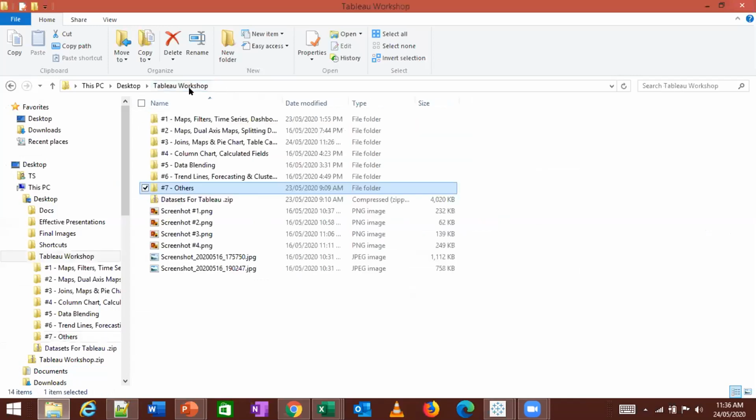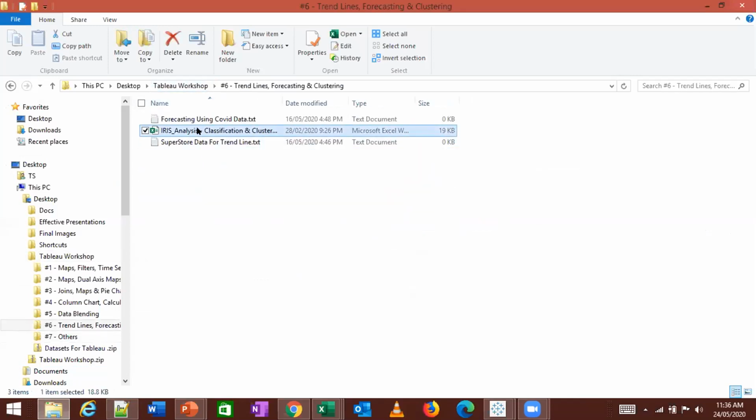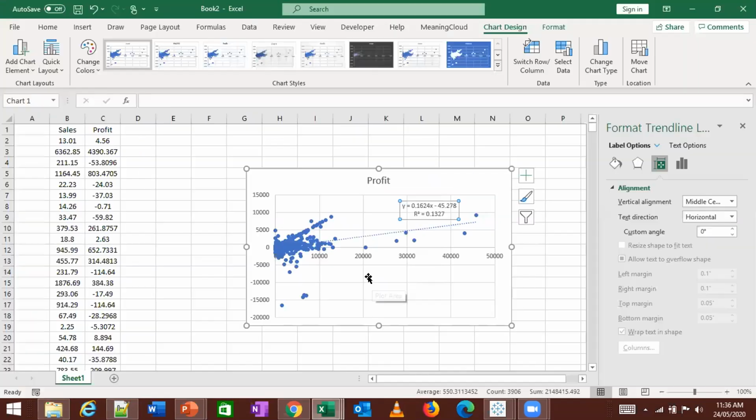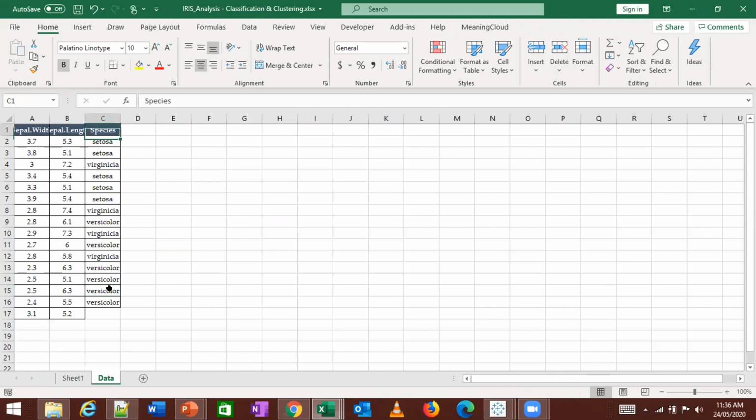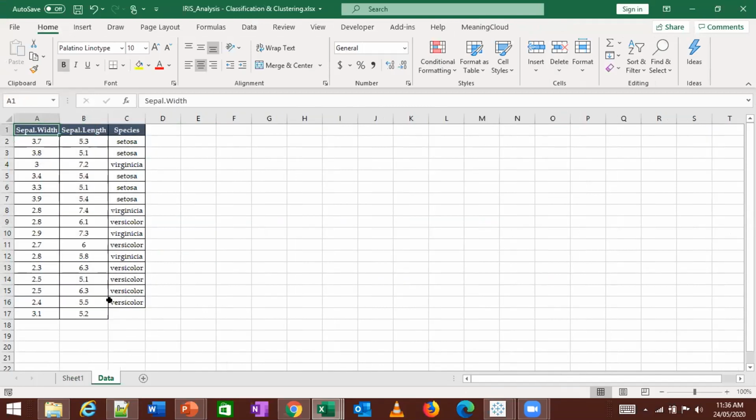Okay, so when I look at the topic which we have now, we have data related to, if I go back to this folder of iris data analysis, I have data related to iris data analysis. So this is a flower. Okay, these are flowers, these are species of flowers, and the names of the flowers are given: Setosa, Virginica, Versicolor. Okay, Virginica.